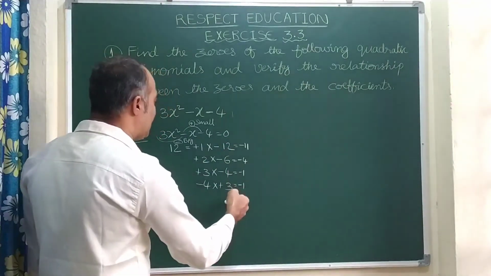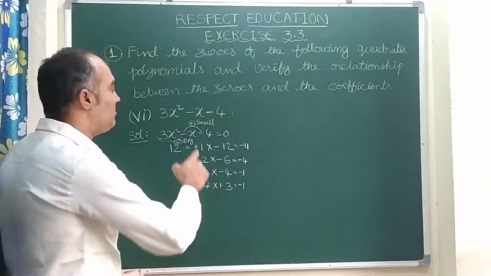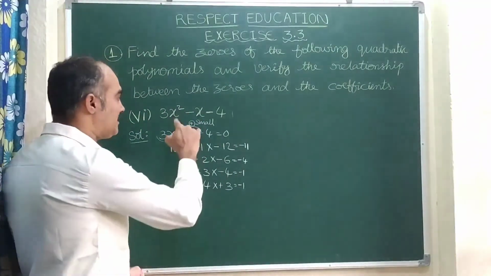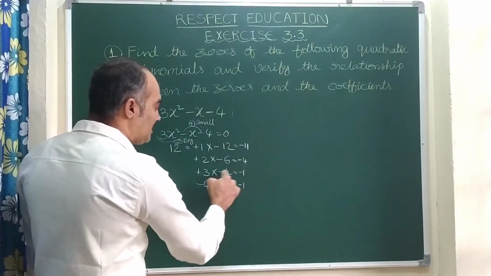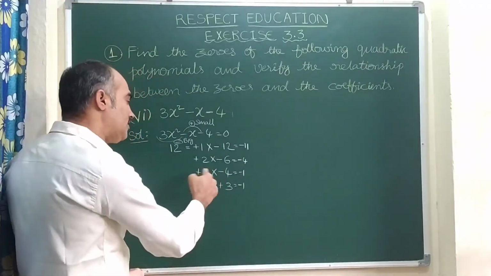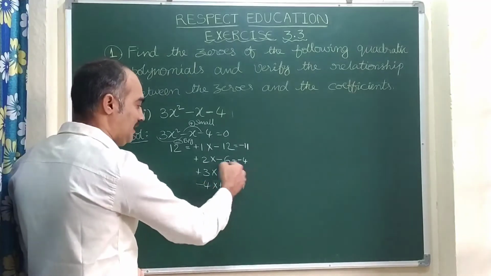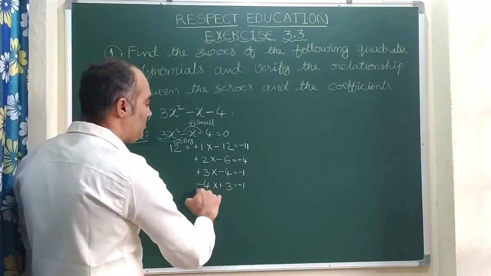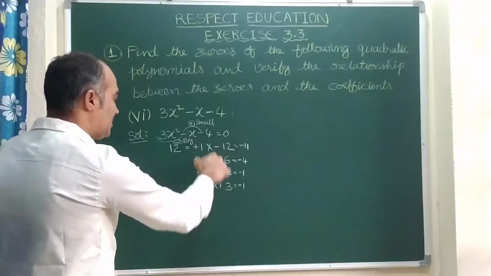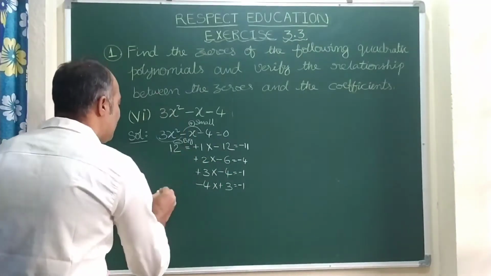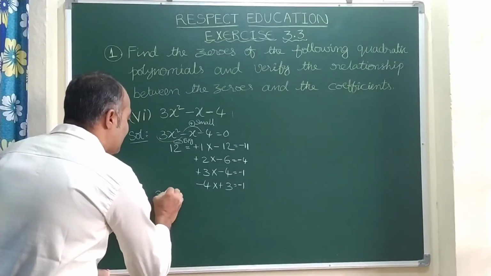Now you check from this list which is there as middle term. Here middle term is minus 1. Minus x in the sense minus 1 into x. So which is suitable? Either 3 into minus 4 or minus 4 into 3. As these two are same, we can take any one of them. So I am taking this one, minus 4 and plus 3. Right? Now selection is over. Again you go back to the given question. Let us write 3x square as it is.